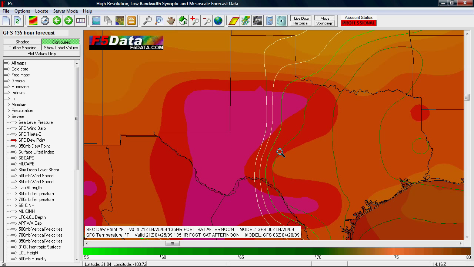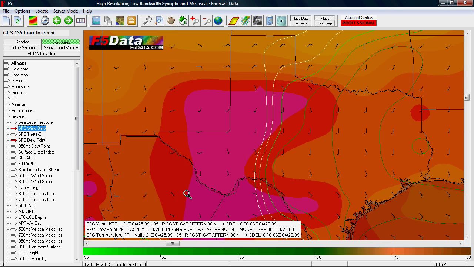The dew point is 60 on this line, and again I can see that by the value in the far lower left of your screen as I hold my mouse over that line. I could also redraw this with the labels turned on if I wanted to see that, but this is just an example to show you how to overlay multiple things on one map to identify a feature. You could also overlay wind barbs if you wanted to. Sometimes, but not always, you'll see a nice wind shift along a dry line. In this case, the model isn't showing a nice wind shift as you cross the boundary,